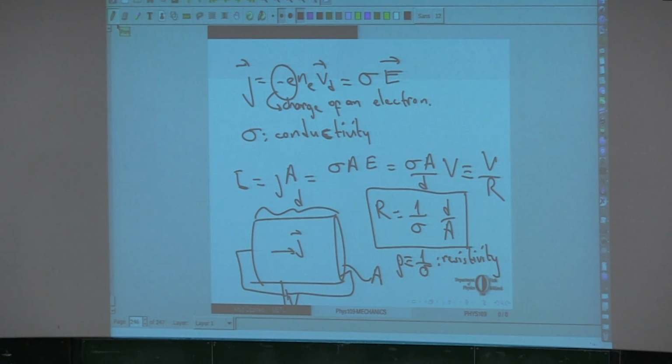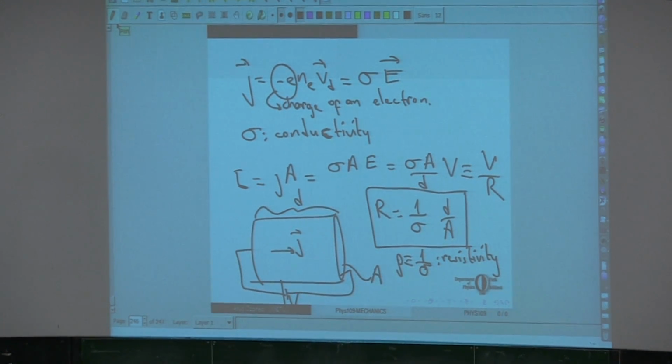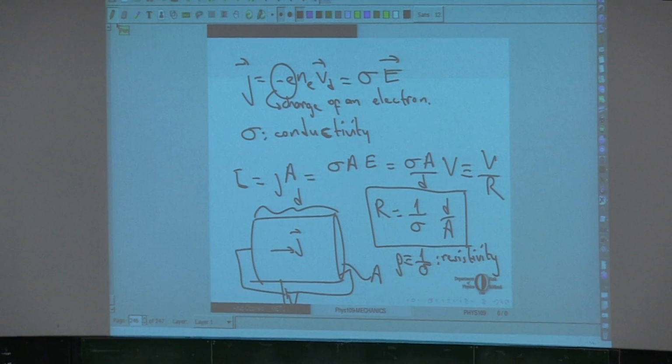Now, of course, you can imagine much more complicated shapes, like rather than having a cylinder or a rectangular prism, you can imagine a pyramidal shape, or a spherical thing. But nevertheless, the basic idea is the same.